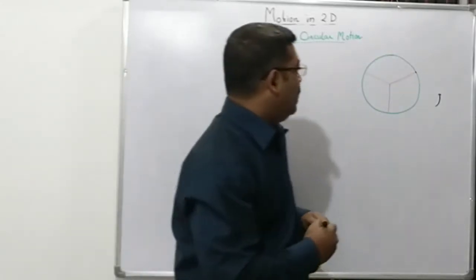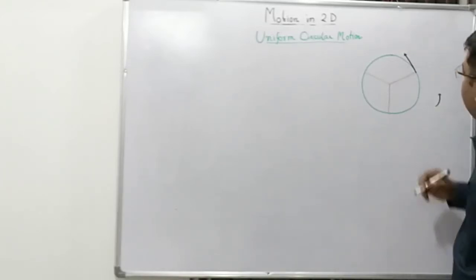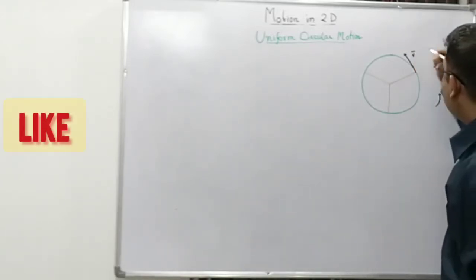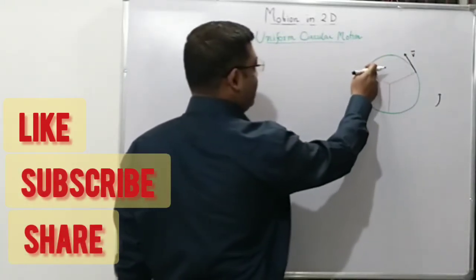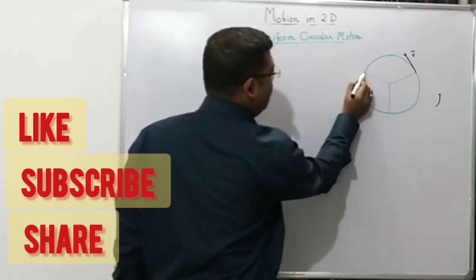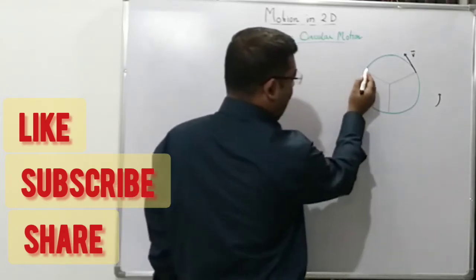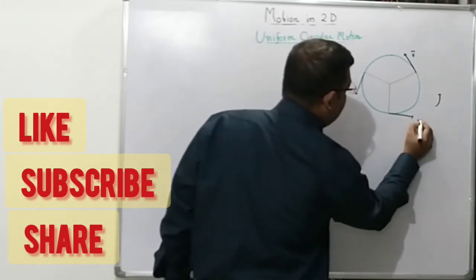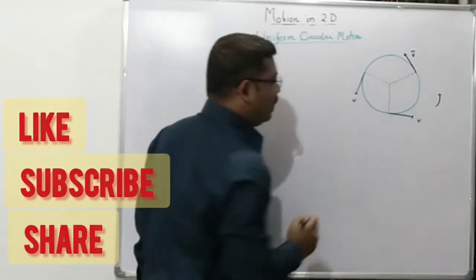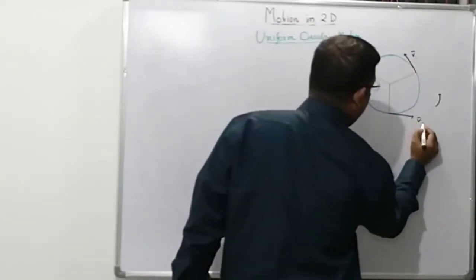If so happens, then the velocity at that particular point, say here, must be along the tangent and should be along this. That is, say this is the velocity here. When it moves here and keeps on moving around the circle, and reaches here, the velocity will now be along this tangent. Again, it moves on and reaches here, it will be along this tangent. All these will be the velocities at different points. This will be V1, this will be say V2, this will be V3.